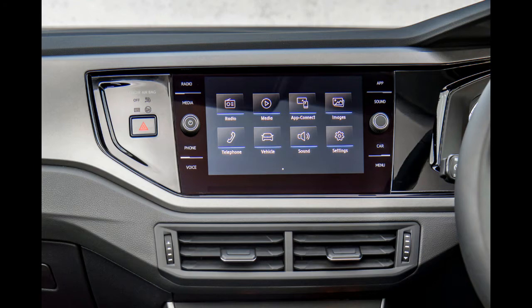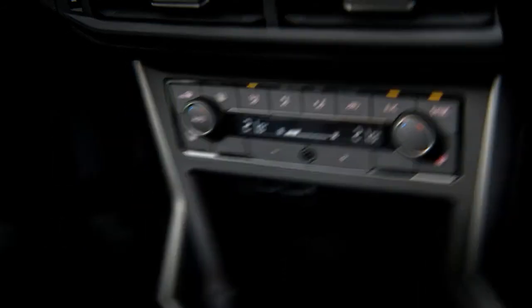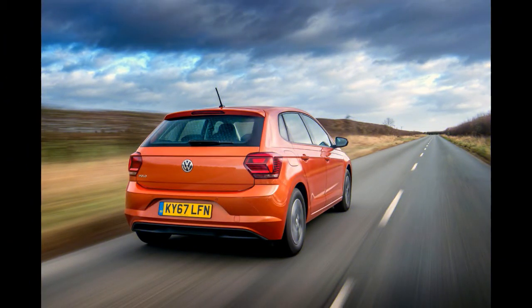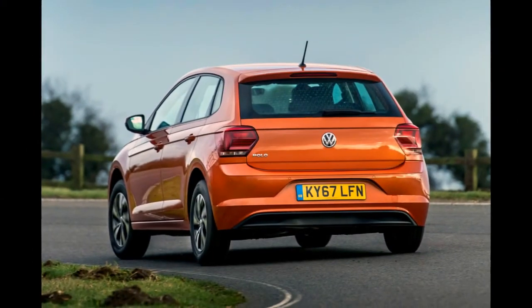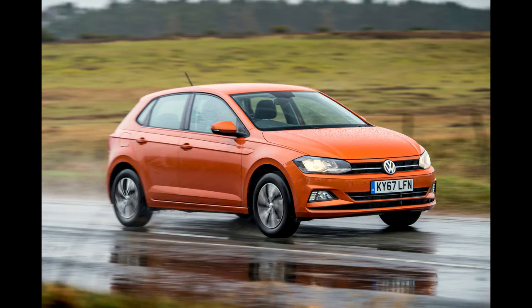This 64 bhp, naturally aspirated 3-cylinder unit is as cheap and basic as things get under the bonnet for the new Polo. It chalks up the £1,300 list price saving over the 94 bhp 1.0-liter TSI unit, and is very cheap to insure with just a Group 1 rating in either S or the slightly plusher SE trim level. As such, on paper at least it looks like the Polo to go for if being shrewd with cash is your thing. Even the 60.1 miles per gallon official fuel economy isn't that far behind that of the new generation